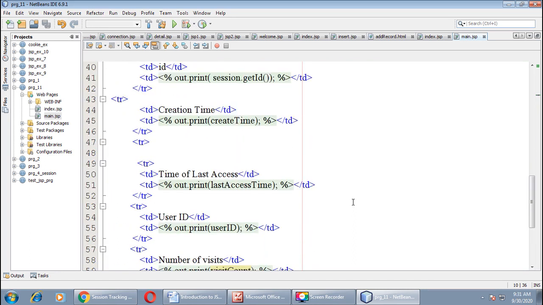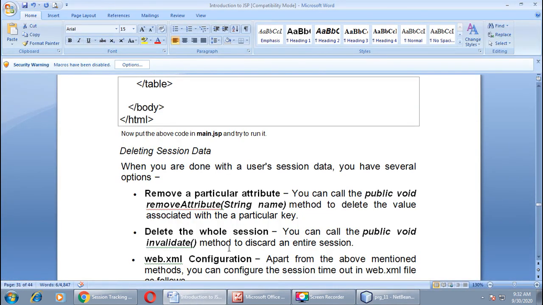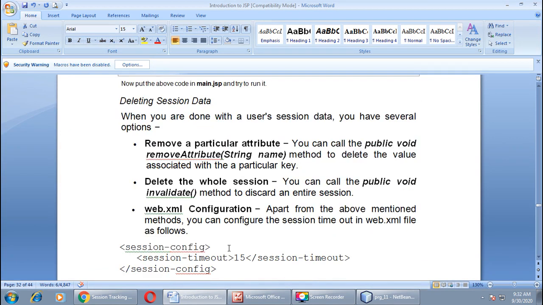Now, how to destroy the session if our work is over and we want to destroy this session? How can we do it? We can do it with the help of several options. Here you can see the options.